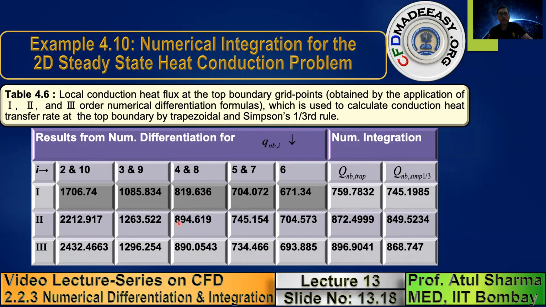Note that this numerical differentiation and integration will be used in later topics after we obtain the fluid properties by the finite volume method. So this numerical differentiation and integration are used in the fourth step of CFD development, which is called post-processing.